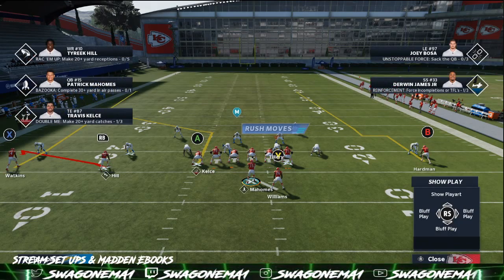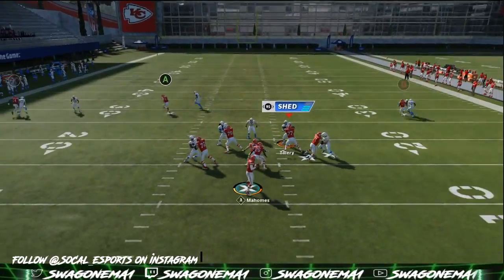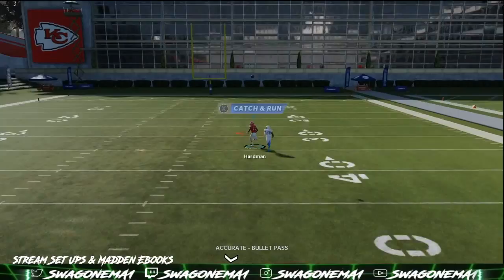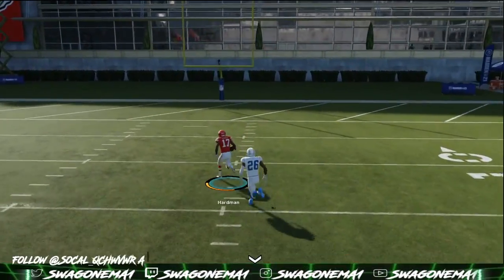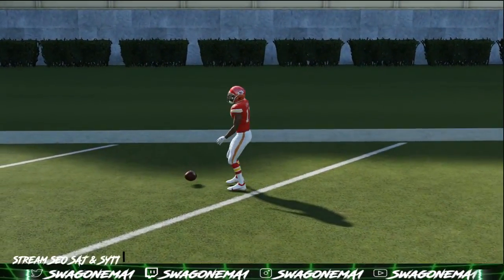that backside guy, B Hartman. You want to hit him downfield because you're going to hit him with an in and up. And if you do it just long enough, you'll be able to get that play. You just gotta get the timing. Now you saw the guy was almost in our face,